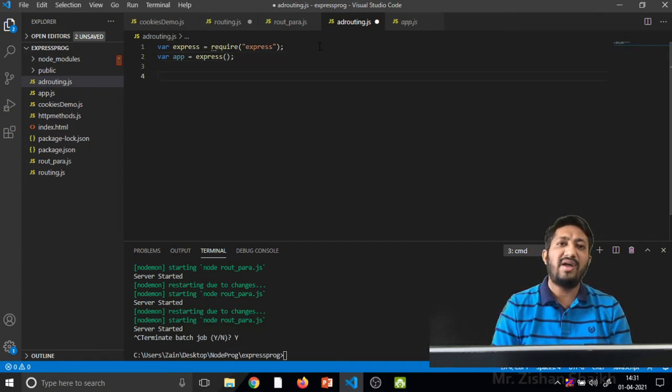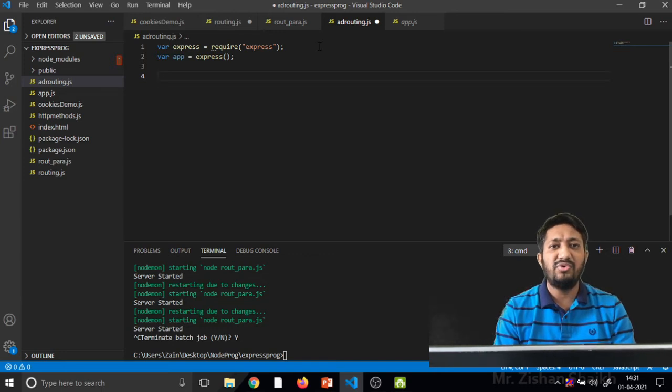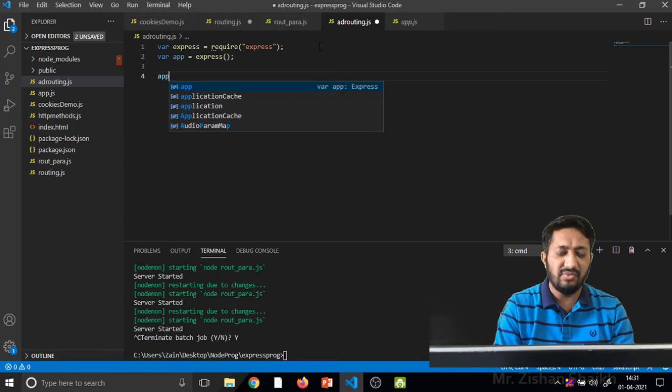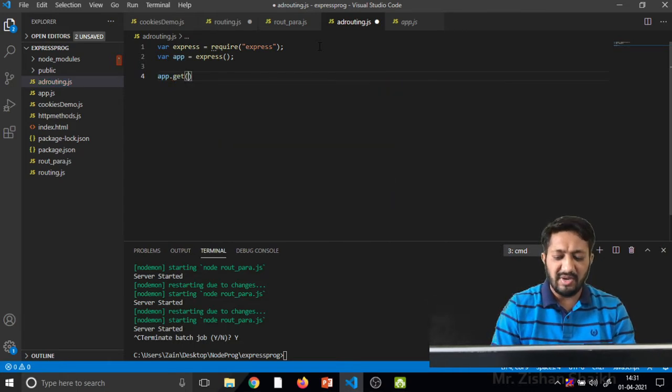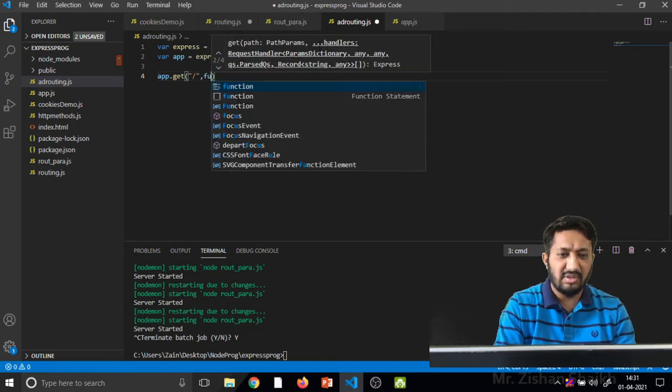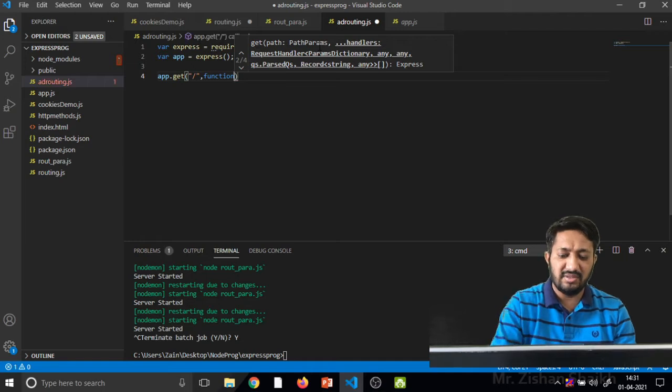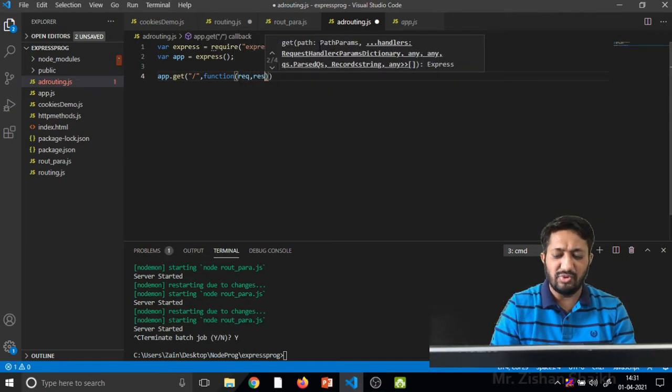Now what exactly are we doing? Suppose you want to get some data, which method will be used? That will be an HTTP method. Generally we are using the app.get method. In the app.get method, the first parameter is our path, and the second parameter is our function. That function takes two parameters, request and response.